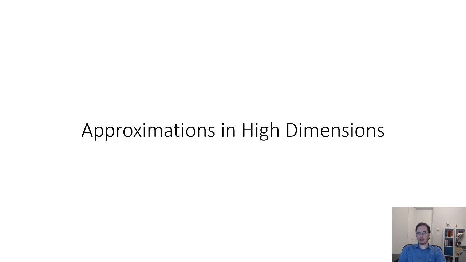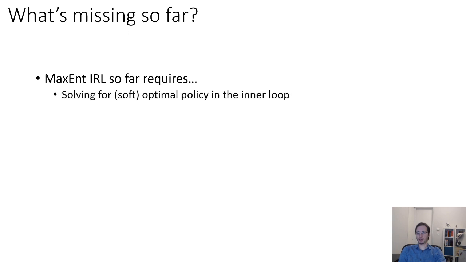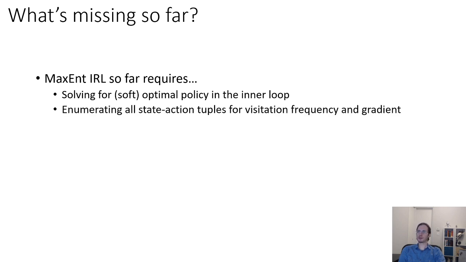All right. In the next portion of the lecture, we're going to talk about how we can perform approximate inverse reinforcement learning in high-dimensional or continuous spaces. So what's missing from the methods that we've discussed so far? Well, so far, maximum entropy inverse RL requires a number of things that are difficult to obtain in large realistic problem settings. It requires solving for the soft optimal policy in the inner loop in order to compute those backward and forward messages. It requires enumerating all state action tuples in order to normalize the visitation frequency and compute the